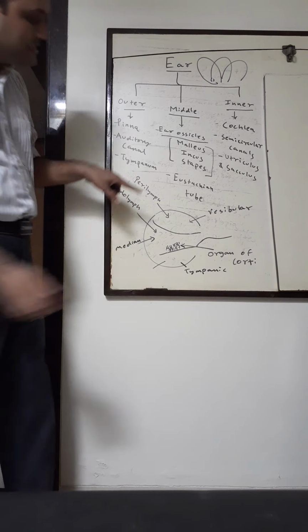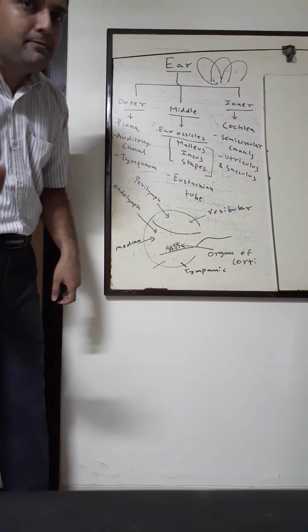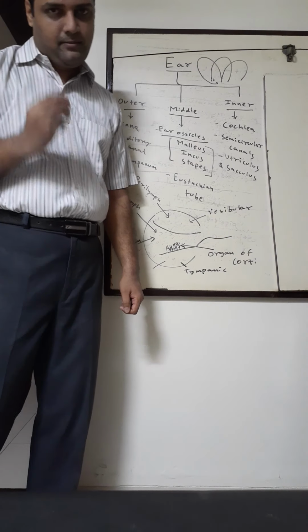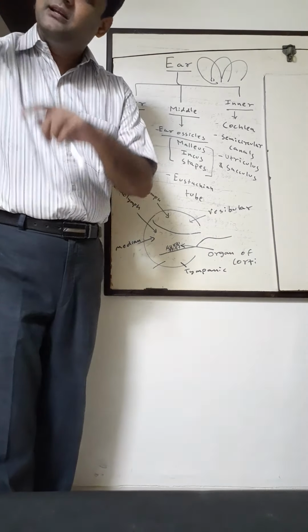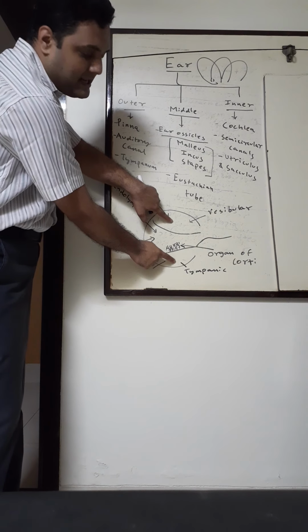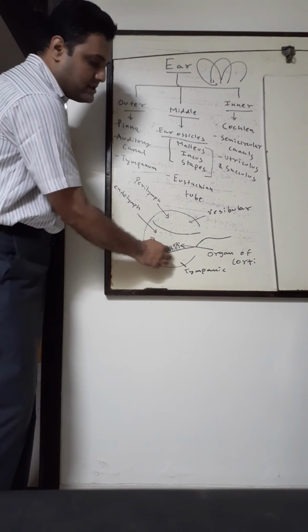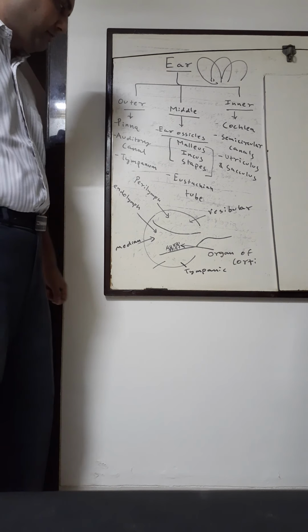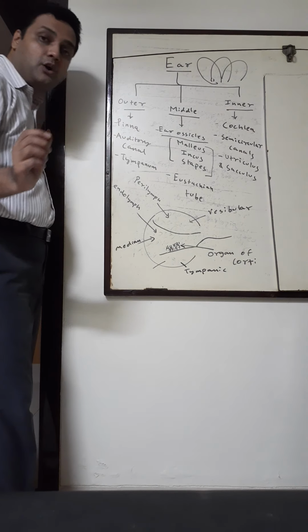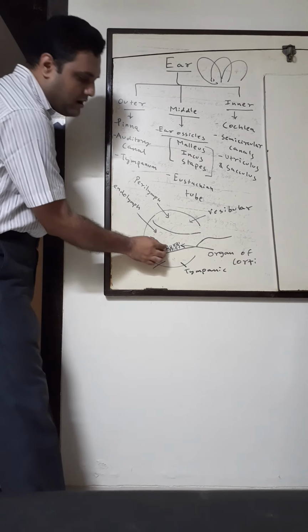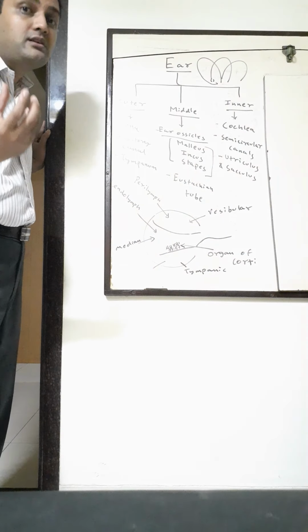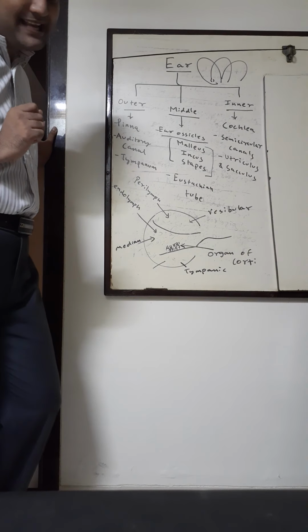The fluid which is present on the peripheral part is called perilymph. The fluid which is present in the median canal is called endolymph. Okay, don't confuse this lymph with the circulatory system lymph. The one in the periphery is perilymph, the center median canal is endolymph. Now, there is this membrane, you see this membrane, it is called the basilar membrane, and on the basilar membrane there is a group of cells, and the group of cells is called the organ of Corti. Corti is the name of a scientist.